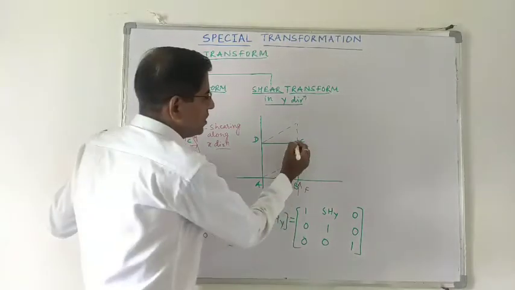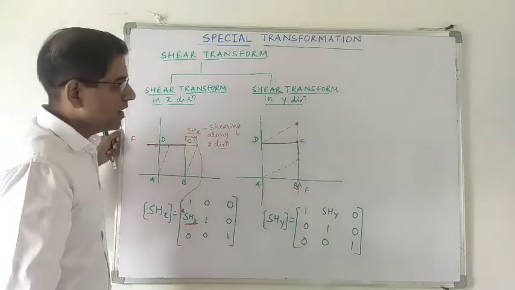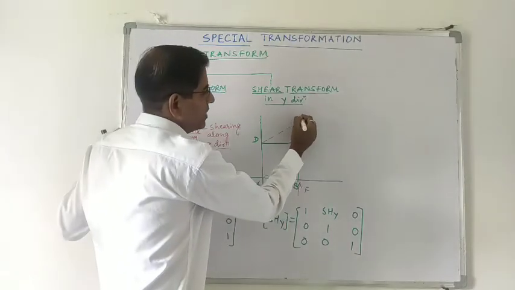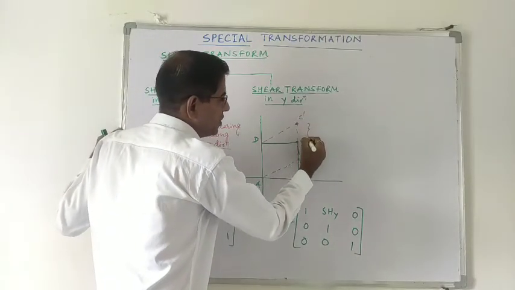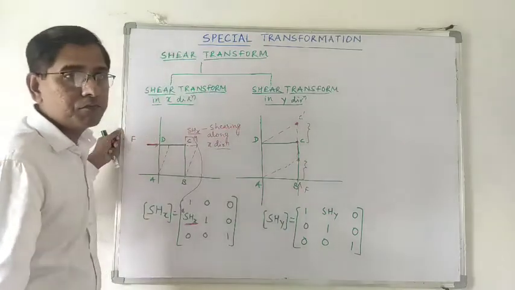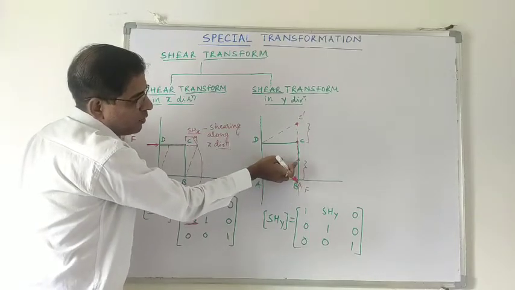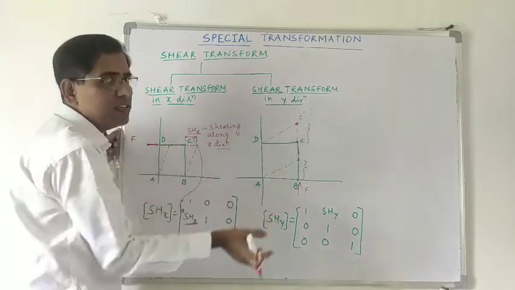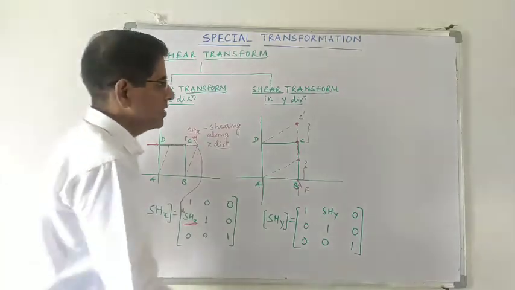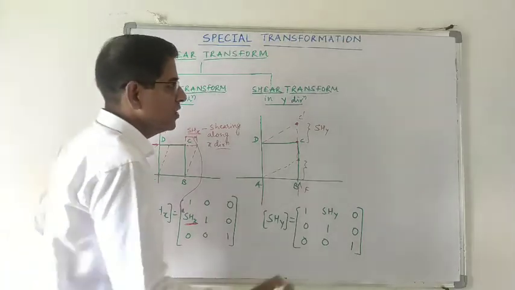Because of this shifting, this point C has taken a new position as C dash, and this distance and this distance are the same. The shifting of point B and the shifting of point C is of the same distance, and this distance is SHy,